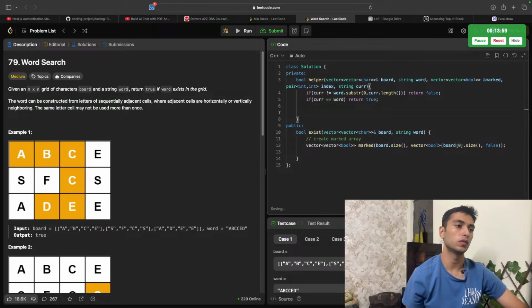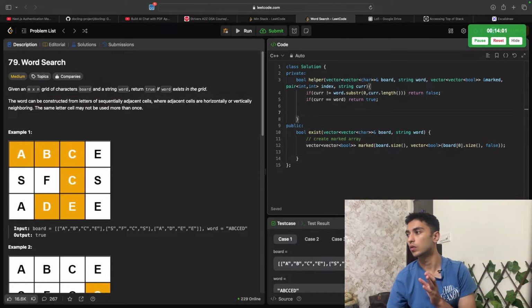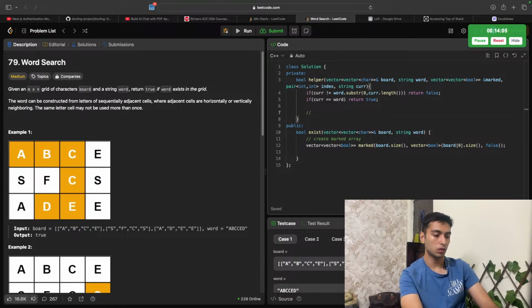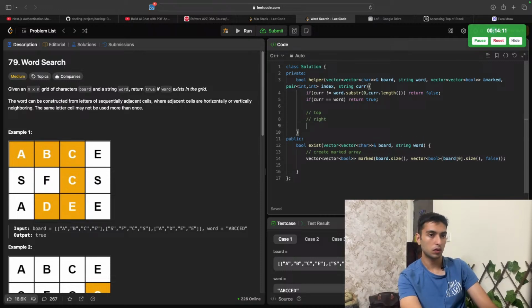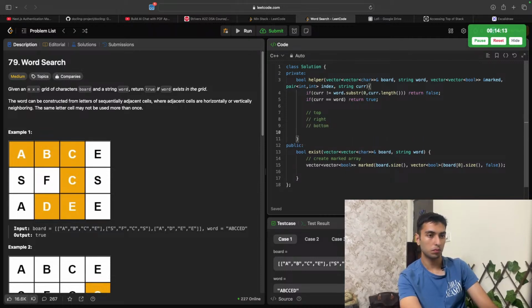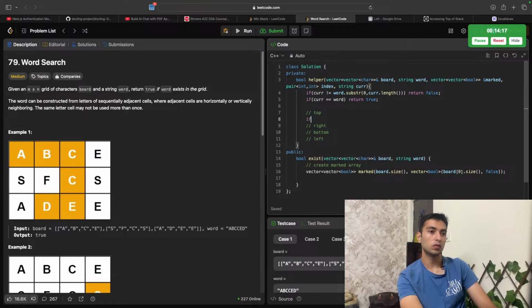Right, okay, so you go up top first: top, left, right, bottom, left. So to go to the top, if index dot first is greater than 0,